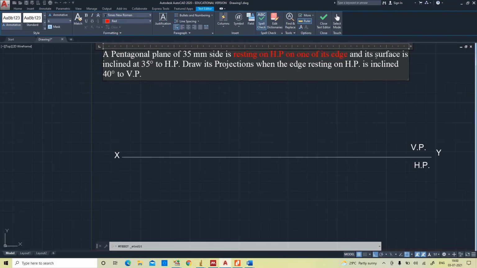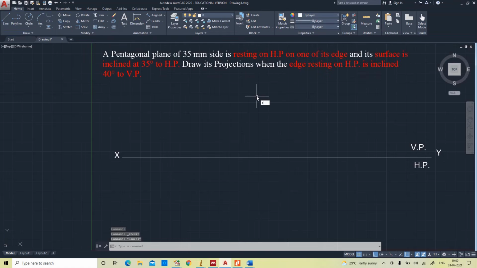And its surface is inclined 35 degrees to HP is the second case. And the edge which is resting on HP is inclined at 40 degrees to VP. So total 3 cases you can see here. For easy understanding purpose, I made it like this.